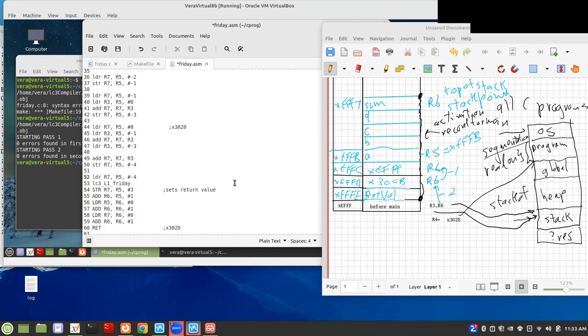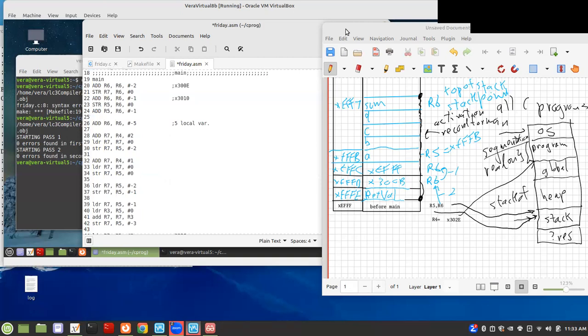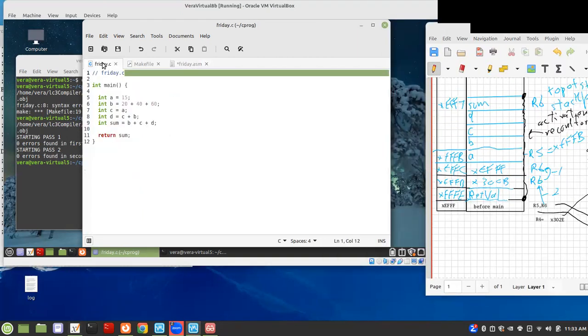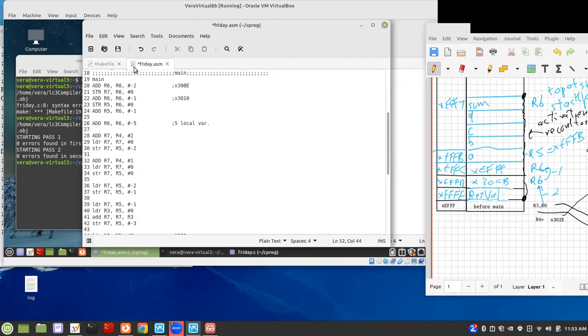So this one is the one that loads the return value. So this stuff here is the return code, the stuff where you're beginning to tear down the block. So since we're interested in the connections with C, we want to sort of